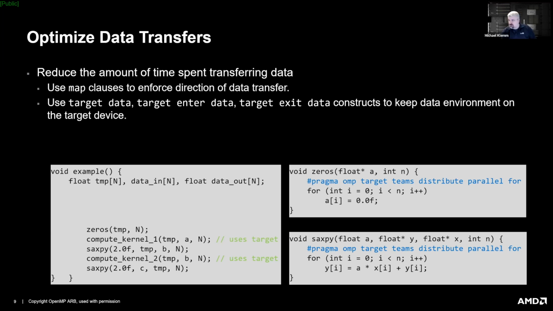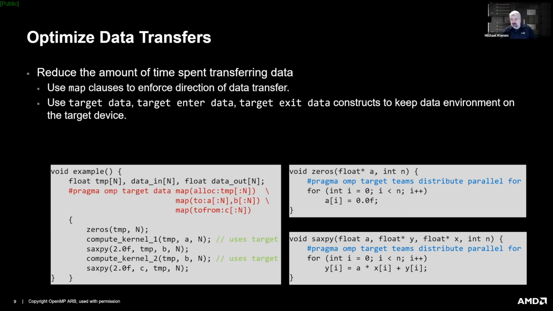So now let me look at the zeros kernel. Basically now I'm showing the full pragma set. So pragma OMP target teams distribute parallel for, and the SAXPY also has the same pragma. And as you can see, I have now omitted the map clauses. All right, and what the compiler will now do is add this presence check for you, this map clause in quotation marks. And what I can do now is basically go in and say,